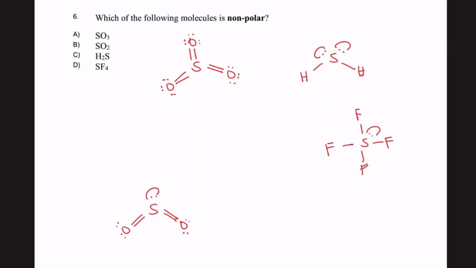So question 6 is asking which of the following molecules is nonpolar, and I've already drawn all 4 of the species out because I think we've already had a lot of practice with drawing Lewis structures. So just by looking at all of the Lewis diagrams, we can say that SO3 is nonpolar because all the other ones have a lone pair, so it has a dipole moment,